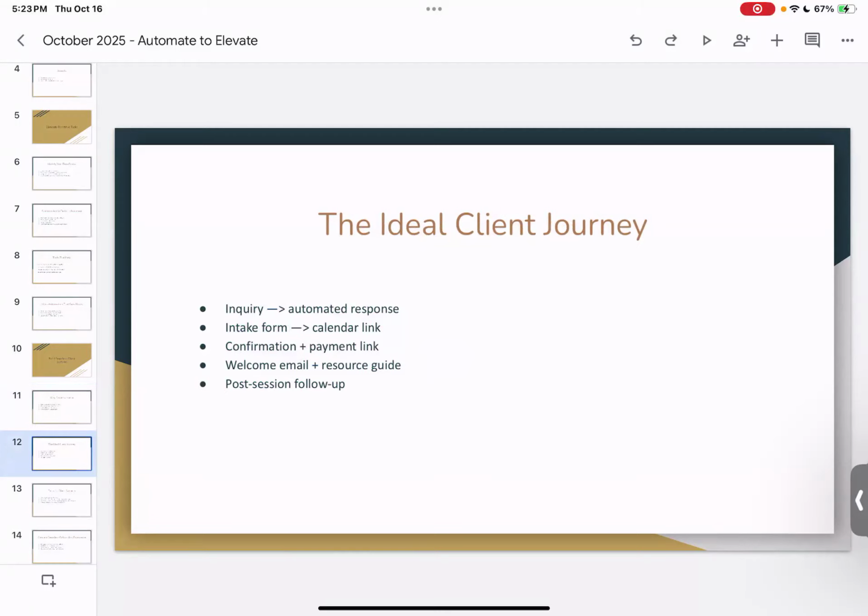Your ideal client journey, what will help the client or the student or the partner: there's an inquiry, they receive an automatic response. There's an intake form that they sign off, and therefore there's a calendar link that they receive to be able to schedule something with you.